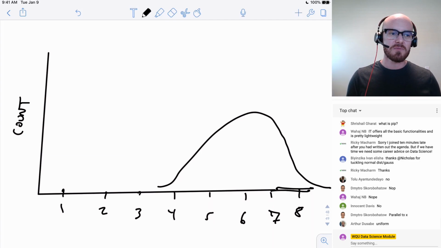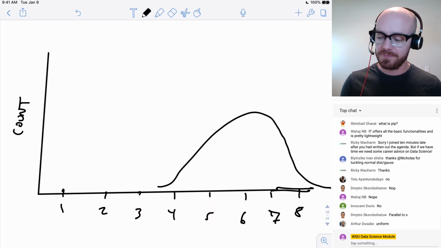And there'll be some very short people, there'll be some very tall people, but mostly there'll be some sort of normal distribution. Well, then I might think that I can use a normal distribution. But with dice, it's not going to work.